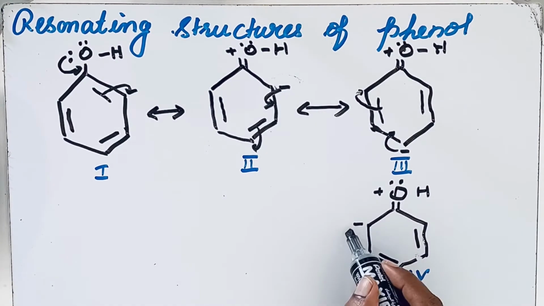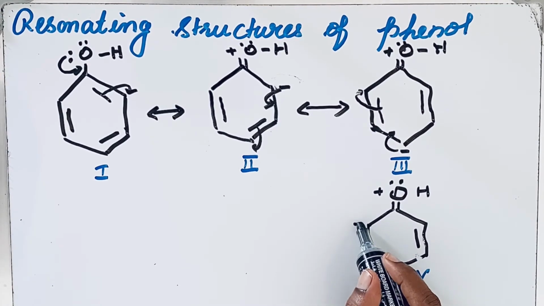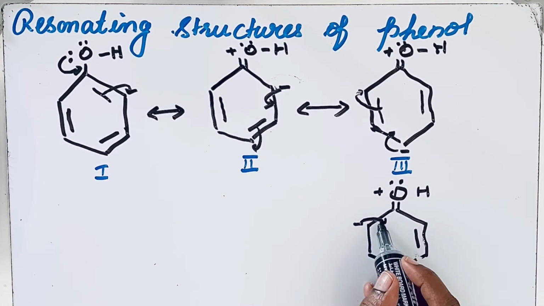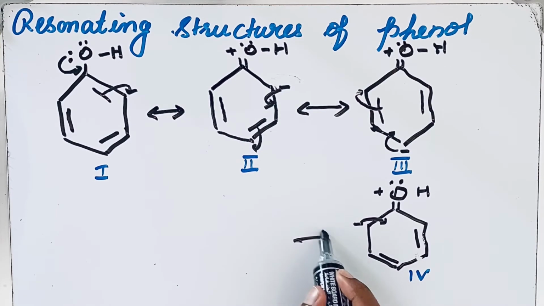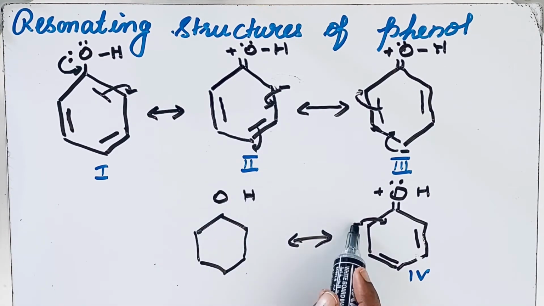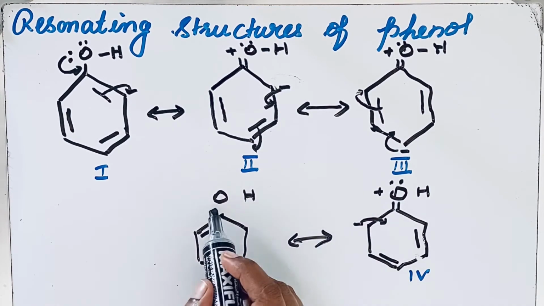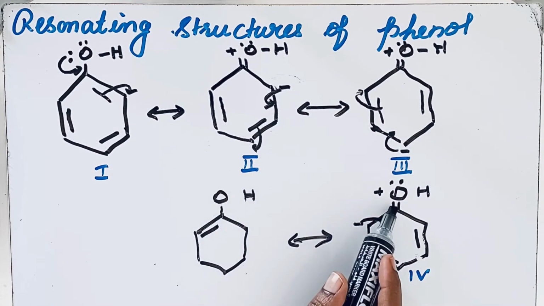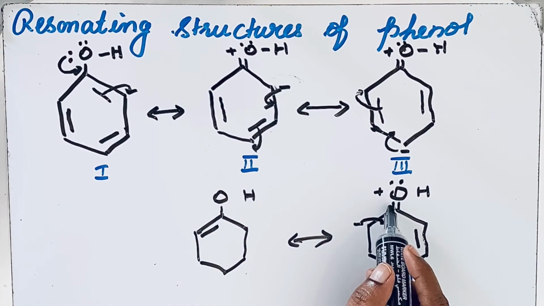Yes. Now what happens to this? This negative charge will now create a double bond. When it creates a double bond, this double bond will break. Let me draw that. First let us draw. Now what happens here? This one makes a double bond here, so now this one will become a single bond. So this double bond breaks and then one lone pair.